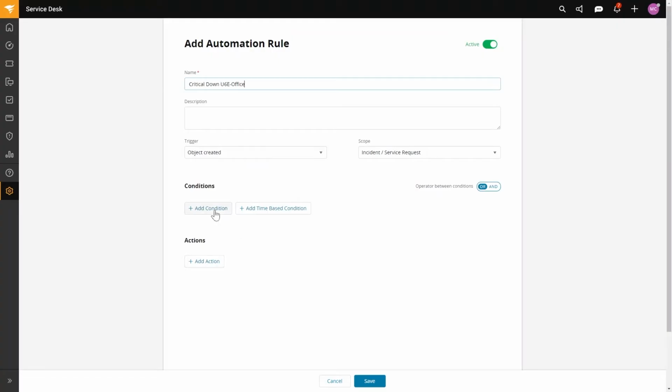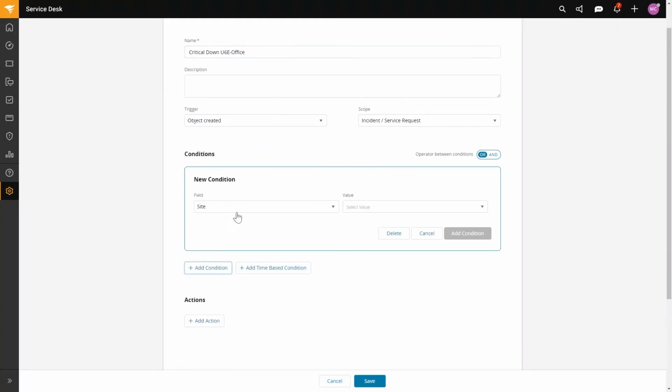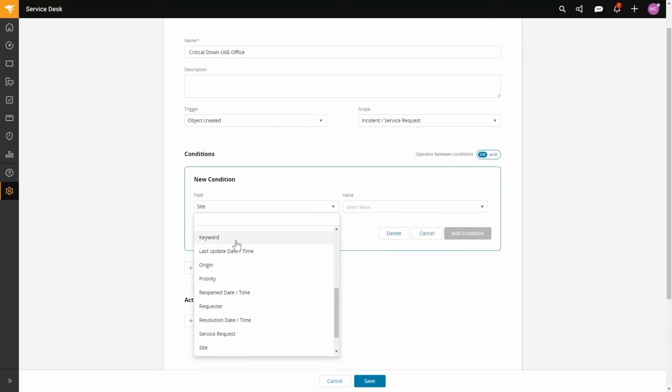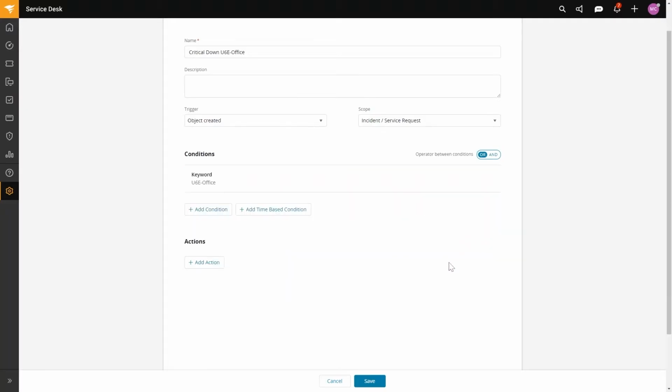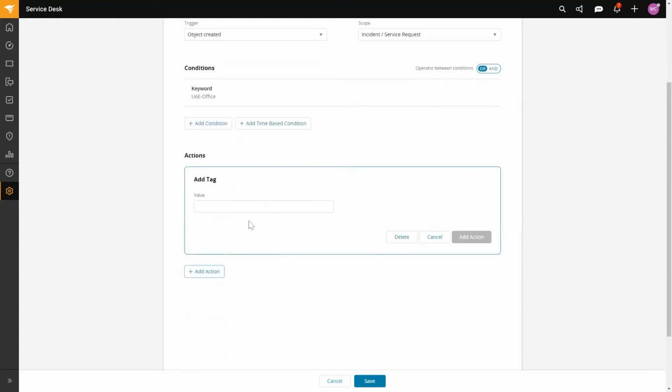We're going to add a condition, a keyword condition, and it's going to look for the keyword for that device. Once we add that condition, now we want to perform an action on it. One of the first things I want to do is add a tag. The tag that we'll use will be HCO outage.